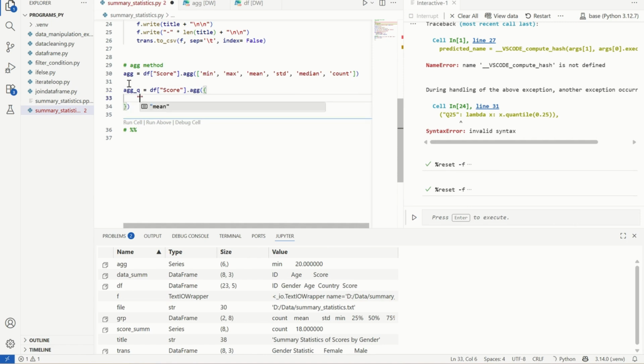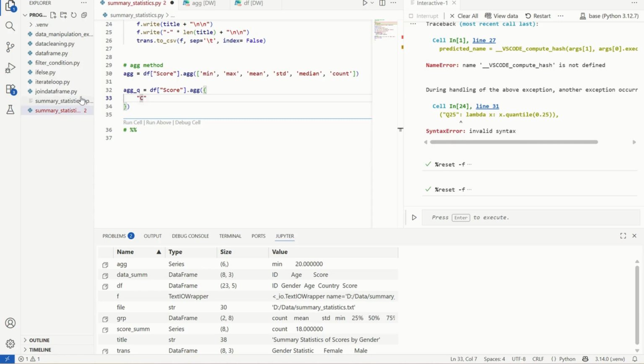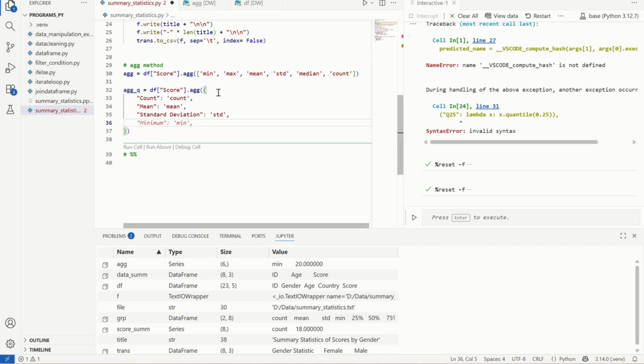Initially, as per the final statistics in the text file, we'll take the count, mean, standard deviation, median, the quartiles, and the minimum and maximum. So let's go with the count, the mean, then the standard deviation, and we can calculate the median,